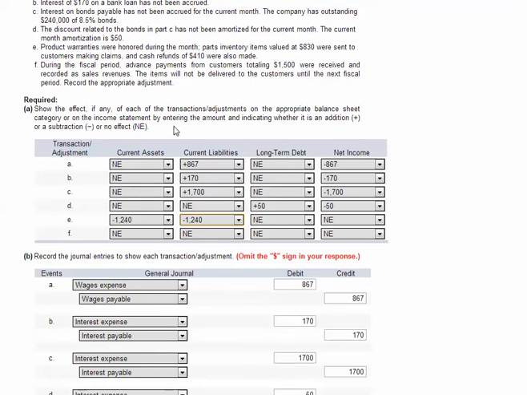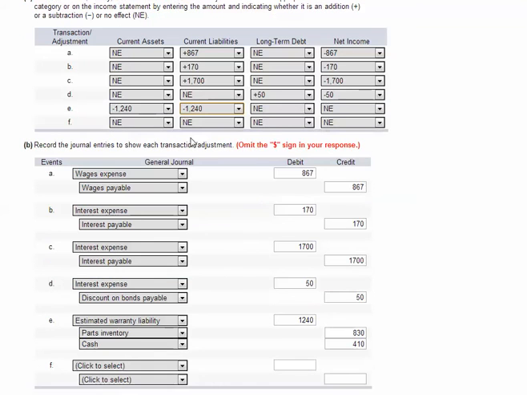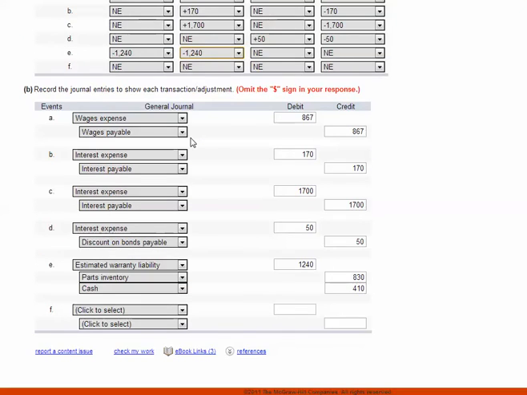And then we have F. During the fiscal period, advanced payments from customers totaling $1,500 were received and recorded as sales revenues. The items will not be delivered to customers until the next fiscal period. Okay, so in this case,